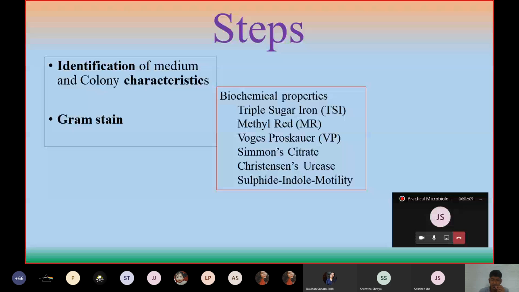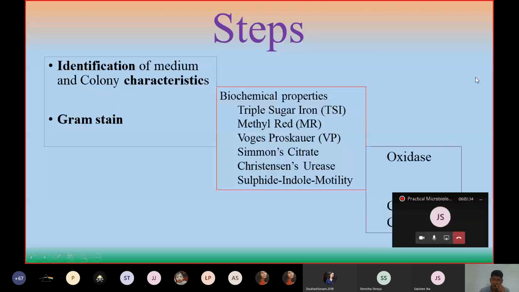We'll come to this test later. Now remember the name only. Triple sugar iron, TSI, methyl red, VP, Voges-Proskauer, Simon's citrate, Christensen's urease, sulfide indole motility or SIM,